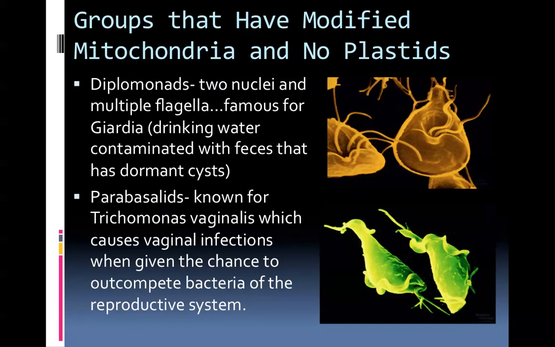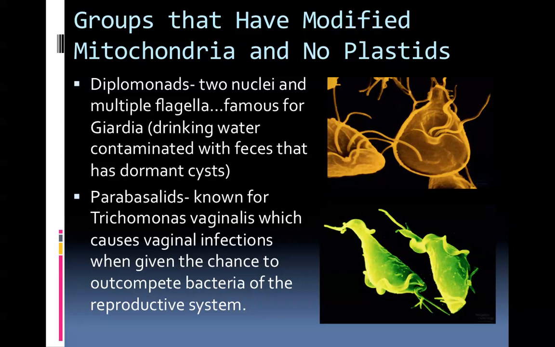So there are a couple groups of protists that have modified mitochondria. And by modified, we typically mean smaller. Some of them lack DNA, some of them lack electron transport chains, some of them lack enzymes needed to carry out the specific functions of cell respiration. And these organisms also don't have plastids, so they cannot go through photosynthesis. So a couple of these groups that have both modified mitochondria and no plastids are the